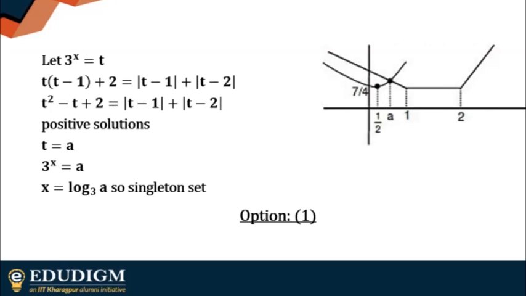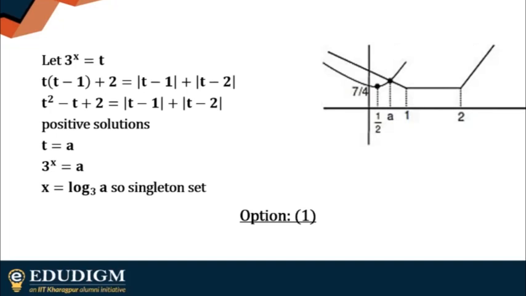Now if you look at the RHS of this particular equation, you will see two modulus signs here. So this graph will have two critical points, 1 and 2. Okay, I'm sure you have got it. If you just draw the graphs individually, you can understand where they will intersect, which will give you the value of t that you are looking for. I hope this is okay with all of you. This is a quicker method.